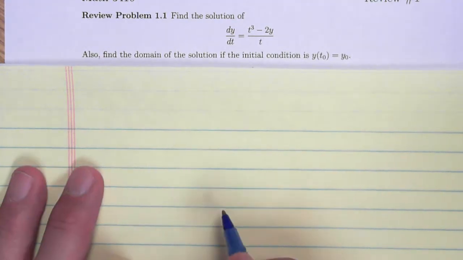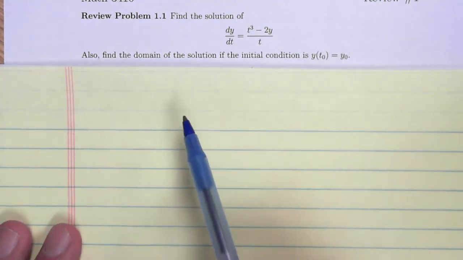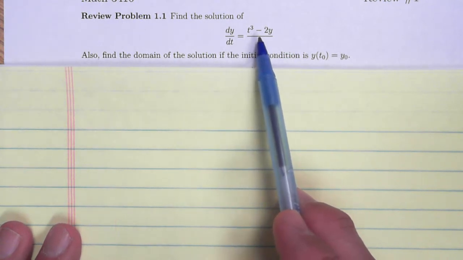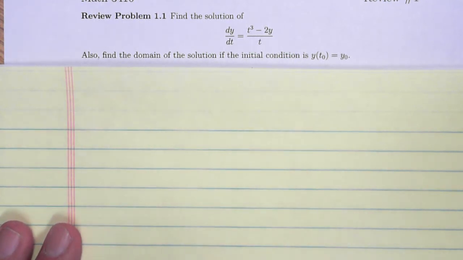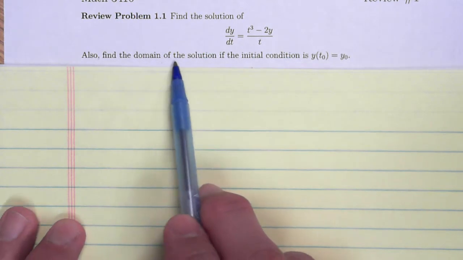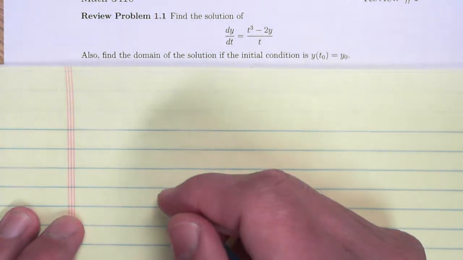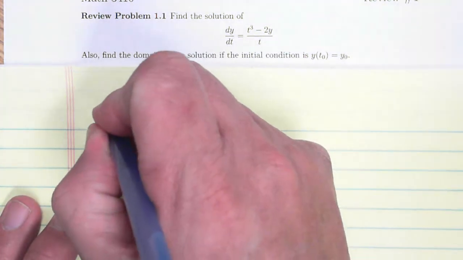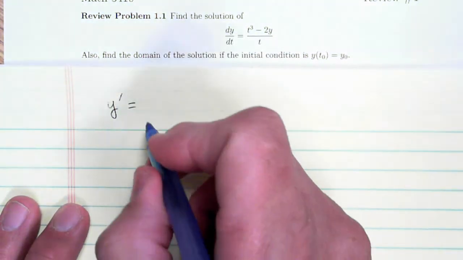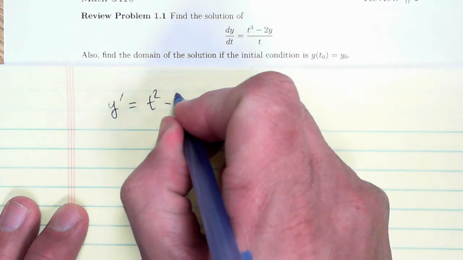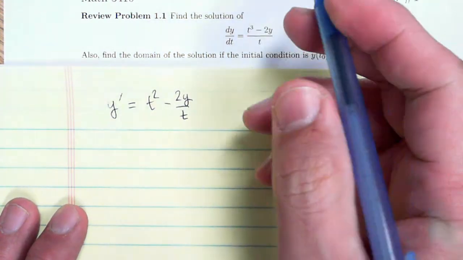Okay, for this first review problem, we're going to solve this differential equation, dy/dt equals t to the third minus 2y over t, and also find the domain of the solution if y of t naught is equal to y naught. First, we're going to write this as y prime is equal to t squared minus 2y over t,